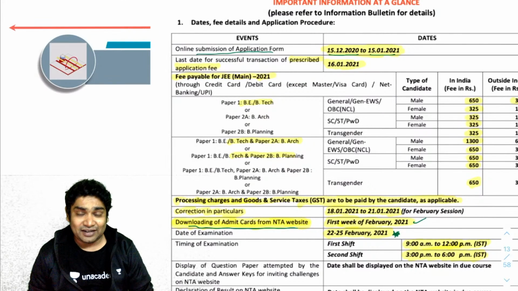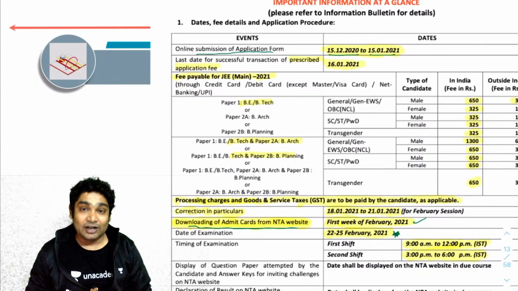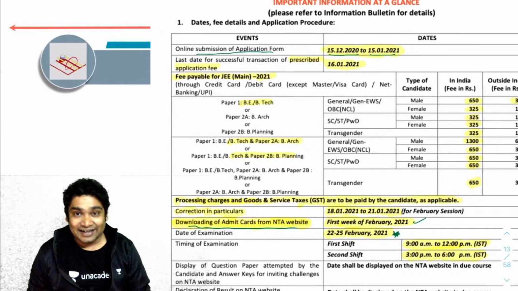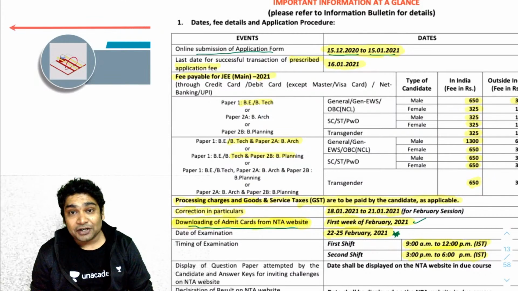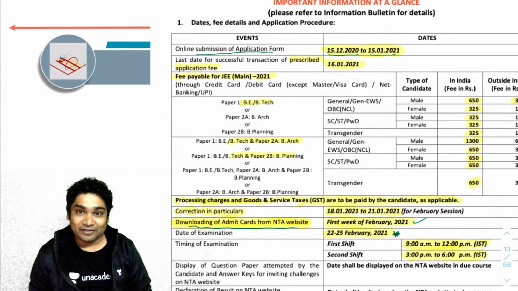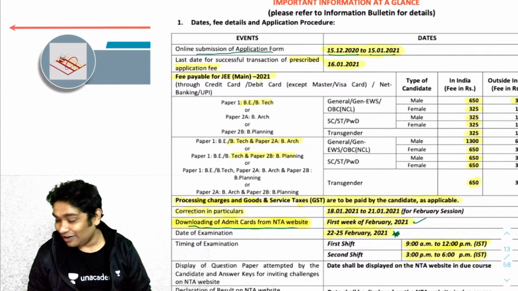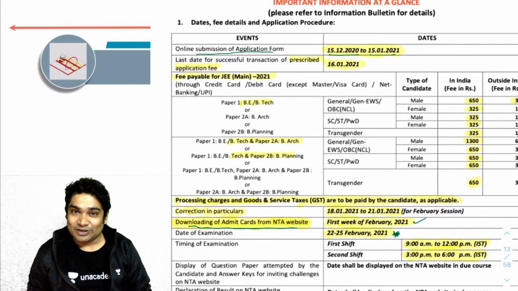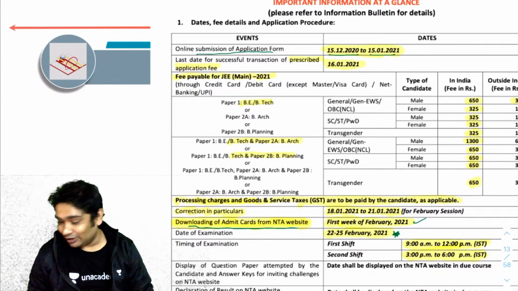If your COVID situation was not there, if the lockdown was not there, then in Jan you would have had this mains. In March you would have had your boards. So yes, this year is particularly difficult for students. Class 12 is a difficult time. Yes, you are faced with so many competitive exams, one after the other. So that was always going to happen. I hope you were prepared for that, Nagendra.